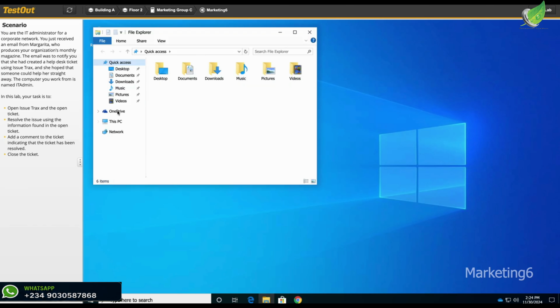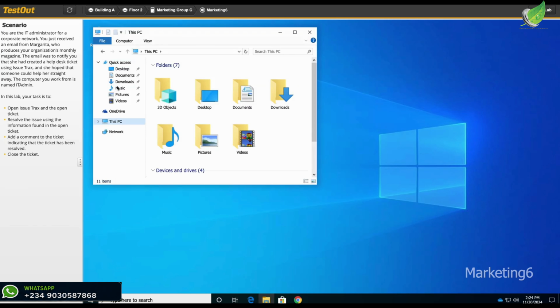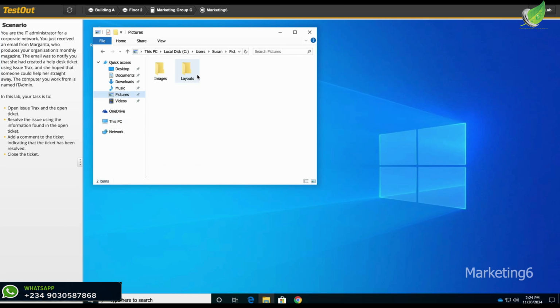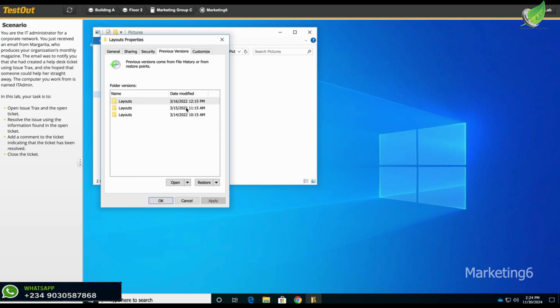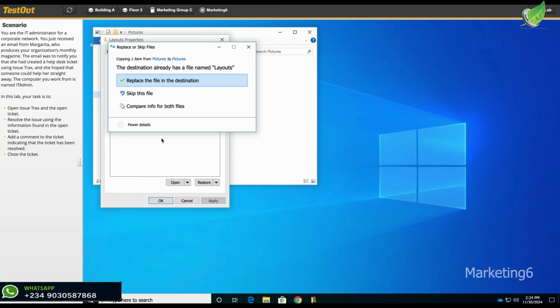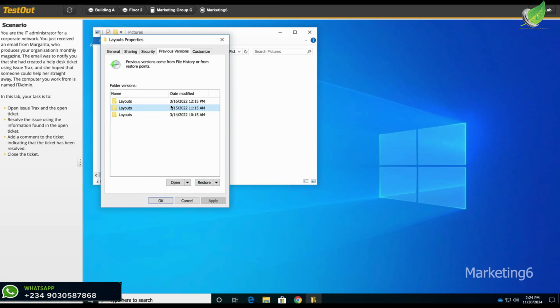And here we want to download pictures. Let's look at the layout. Let's go to restore and we'll go to layout this, and we'll go ahead and restore this, and we'll go ahead and replace this particular one. We click OK to authenticate the changes we made, and we'll go ahead and right click on